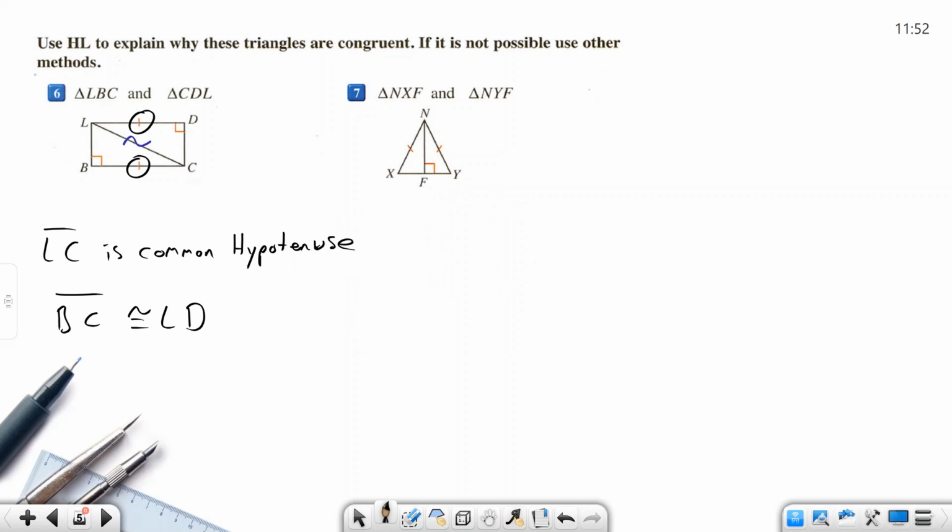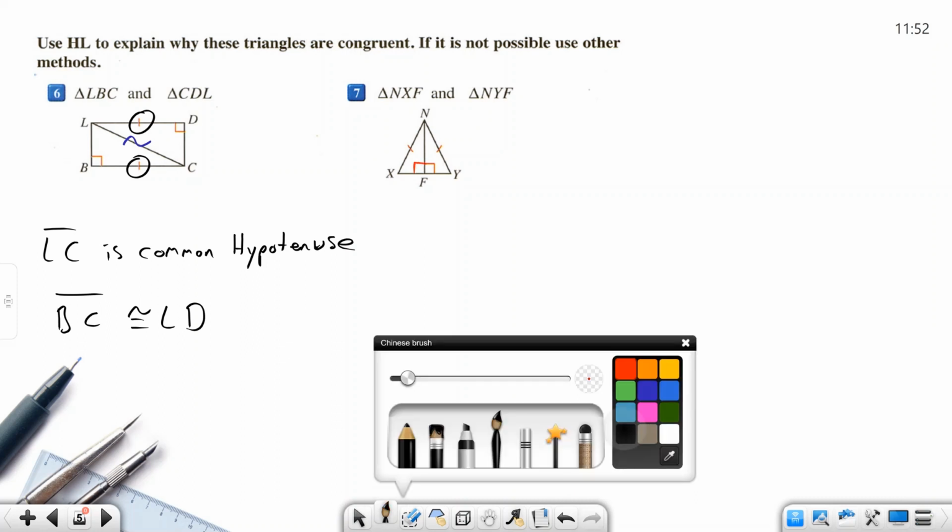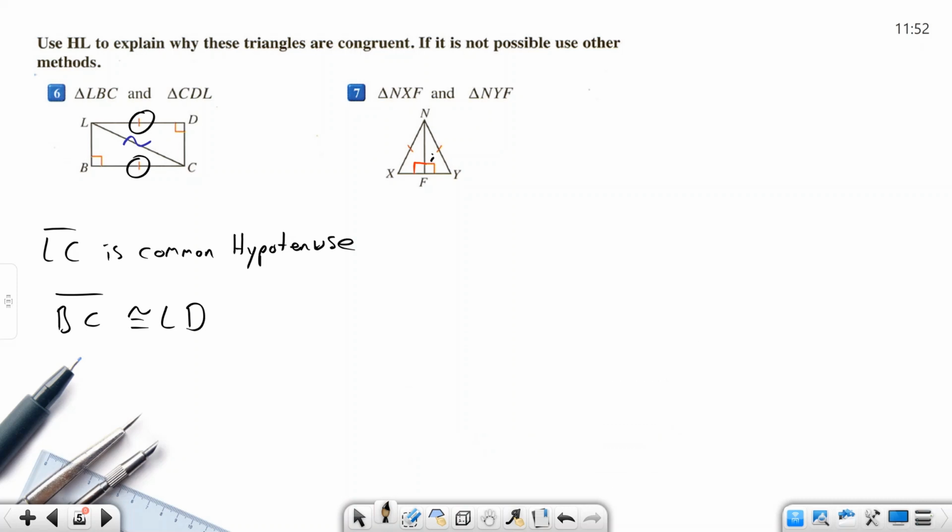Here is another one. This is 90 degrees because of, let's use red here. Because of the supplementary angles, this will be 90 degrees. So opposite of the 90 degrees is the hypotenuse. They have the same mark. As you see here, the hypotenuses have the same marks. So we will write